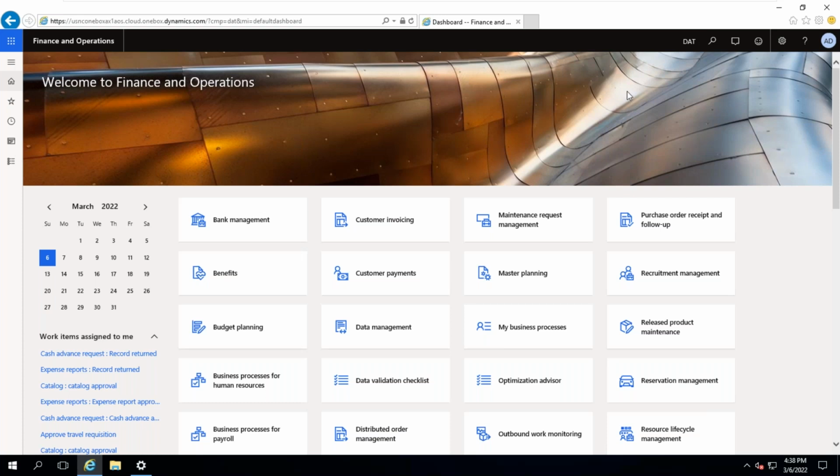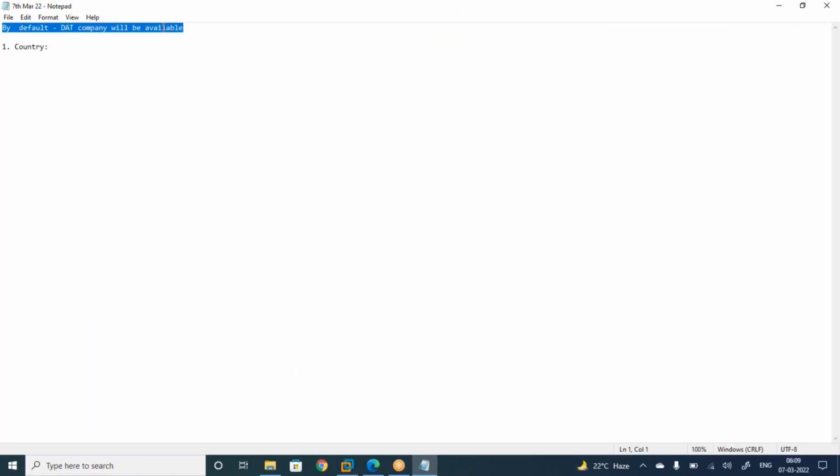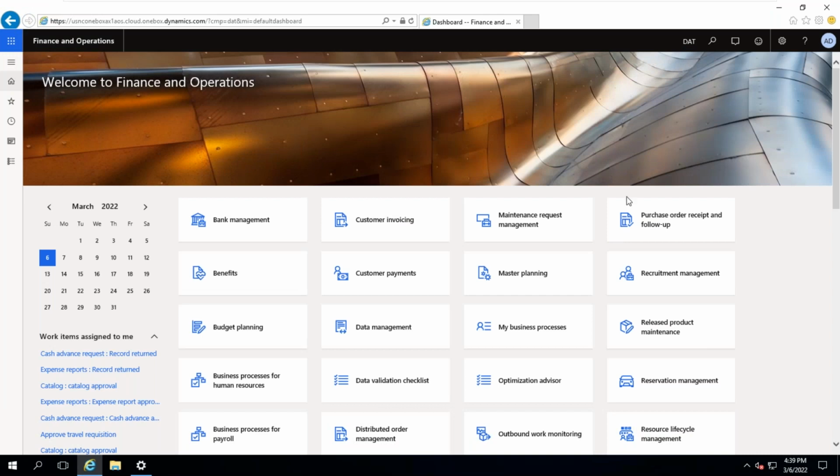In the DAT company, it will be blank. Nothing will be available, only a few masters, and one of them is the country master. Country is available by default, and currency is also available by default. So don't use this company. First let me create a legal entity and then I will come back here. Once the DAT company is available, because you take a license from Microsoft on behalf of the client,